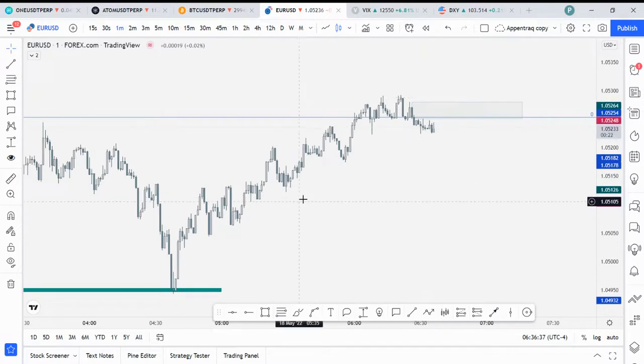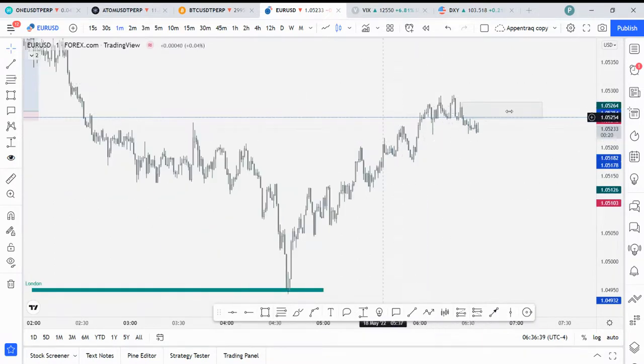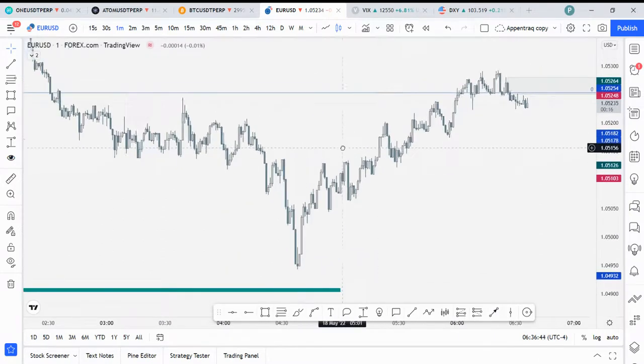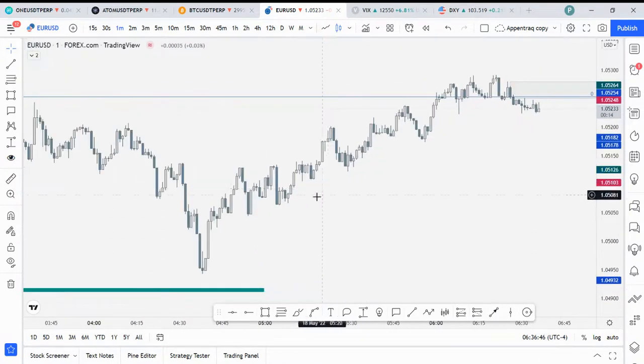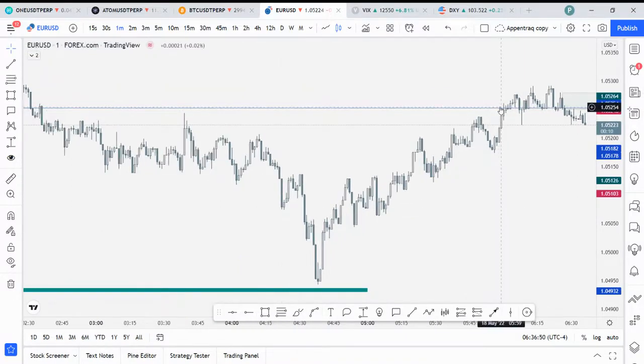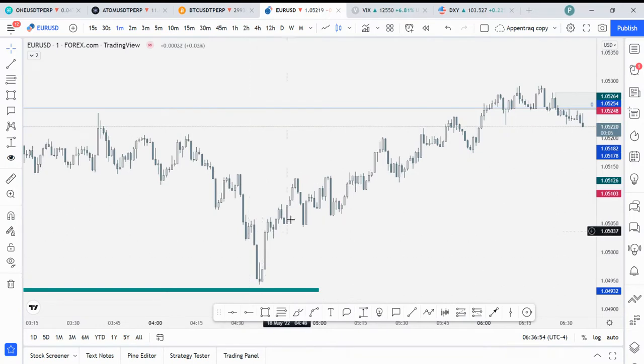It's good. But I'm not going to be interested in this because this setup is for me outside of the kill zone, and I personally don't like that. If I was on the charts, I probably would have taken a long to this to retest this range low. Okay, you can see from here